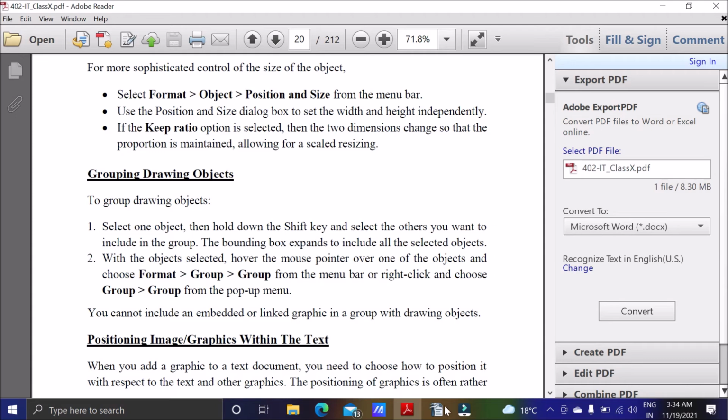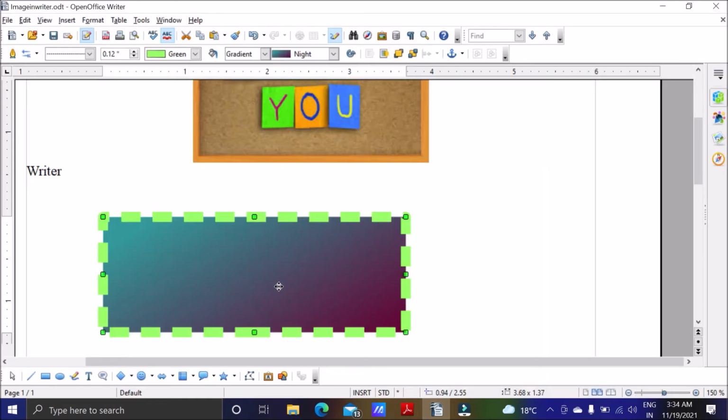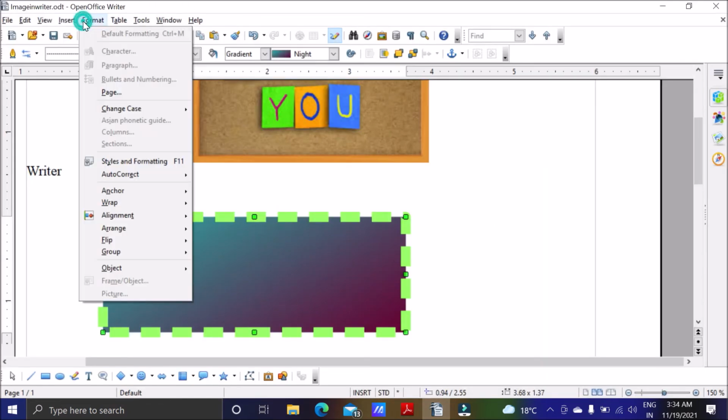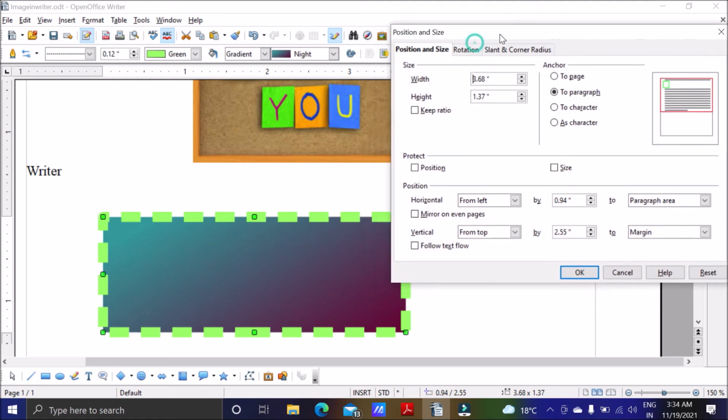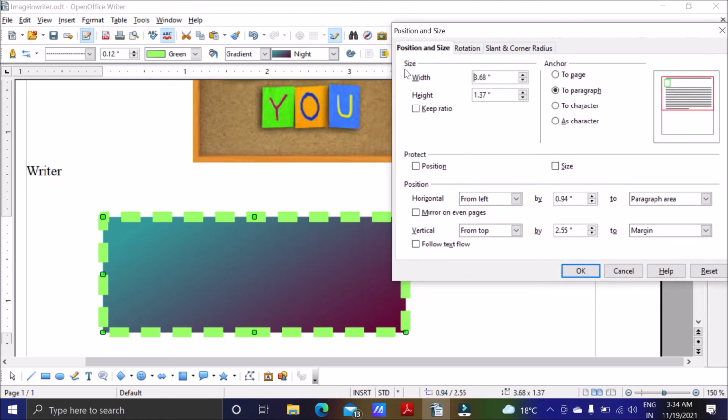If you want some more sophisticated control of the size of the object, we have one more option, format. Select the object, click on format, then select object and then position and size. Here also you can change the size, width and height.